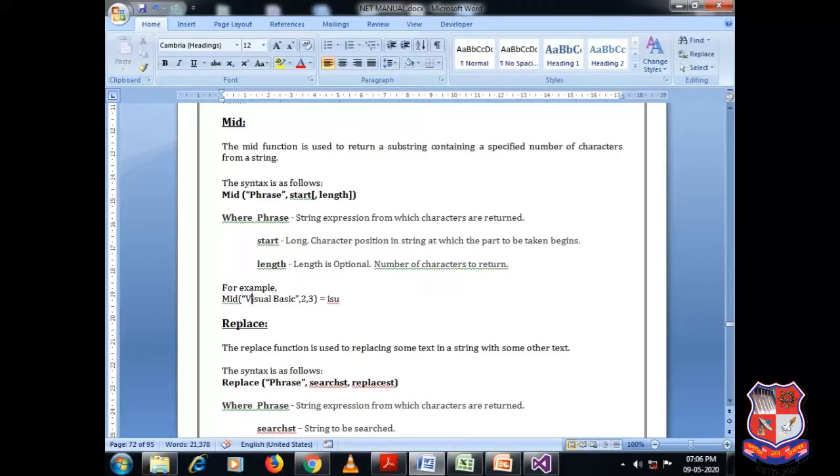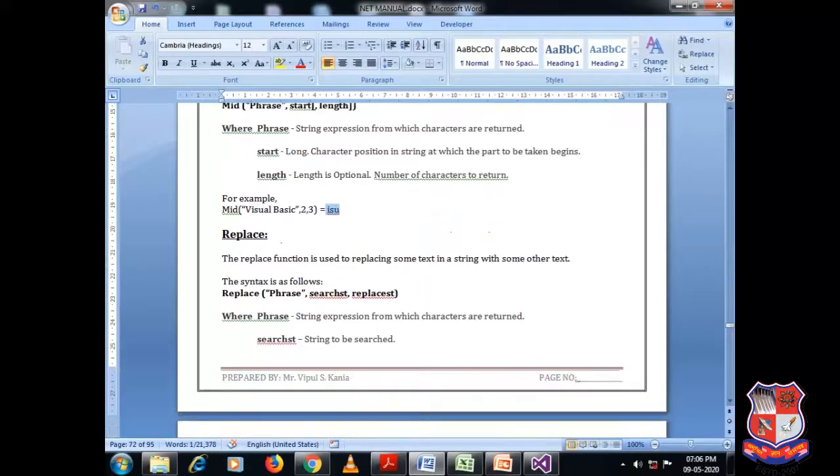Okay, so that is why if I write Visual Basic 2 comma 3, then it will return me from the second character. From the second character it will extract 3 characters, right? The representation of this syntax is what? It will return me 3 characters from the second character. So it includes I, S and U.